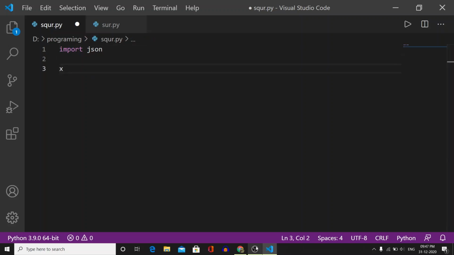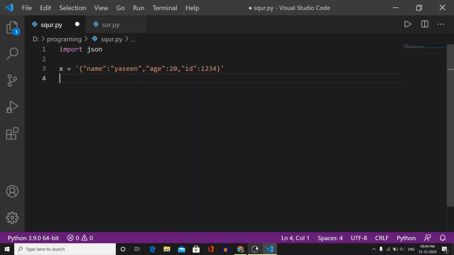I will create one variable, and I will create one first data set, which will contain first name, then age, and then ID, and that is 1234. Okay, we have created one data set.